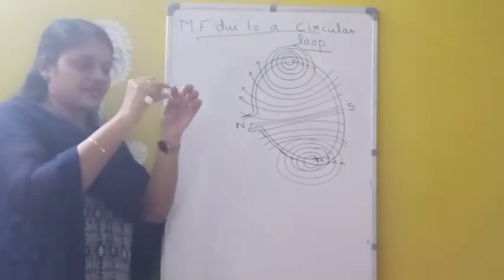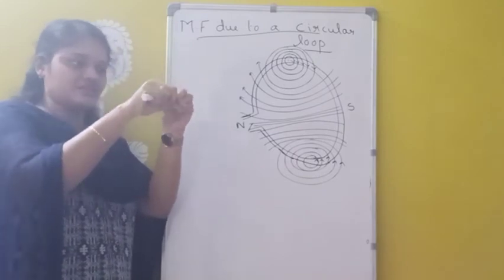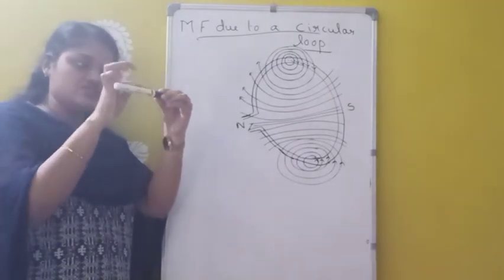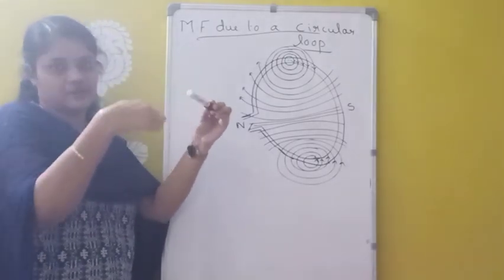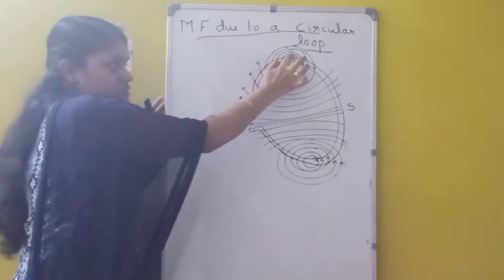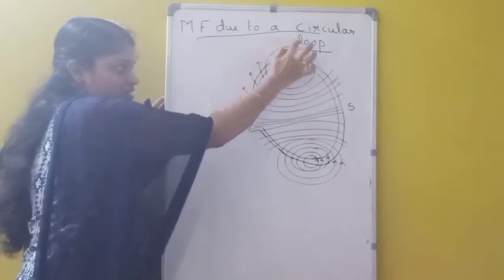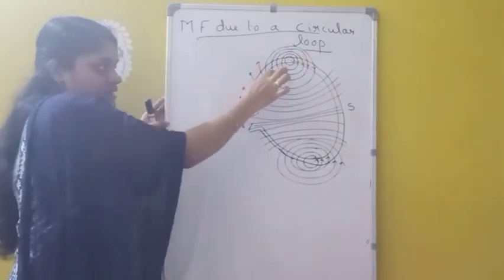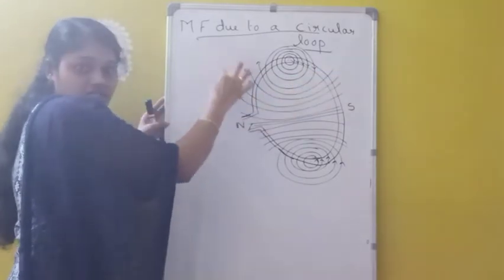And we know that in the case of a straight wire, at each and every point, the concentric circles, suppose this is a straight wire, so at each and every point, the concentric circles will represent which one? The magnetic field. So like that here also, suppose we are taking one point here. So what about the magnetic field lines? The concentric circles will represent the magnetic field lines around this point, and when our distance is increasing, we can see that the circles become larger and larger.